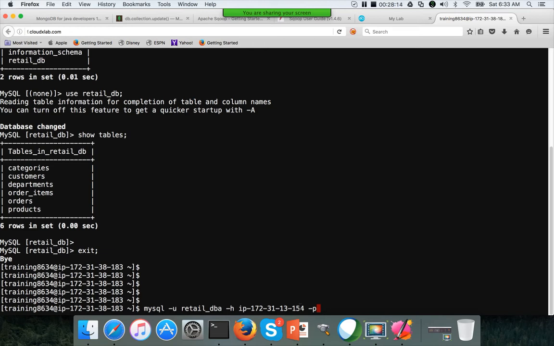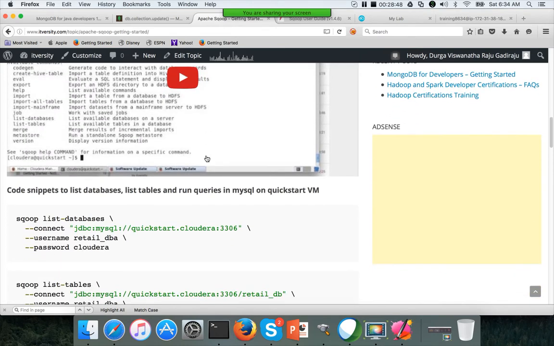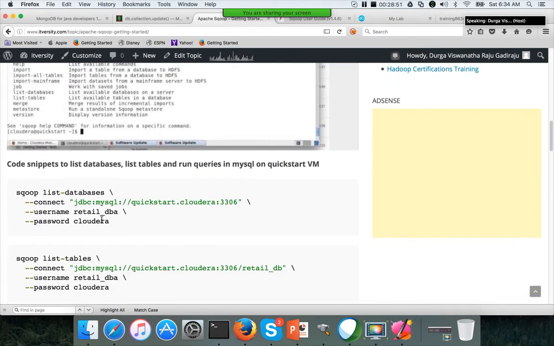So wherever you have Sqoop, you have to run hostname -f on the MySQL database node to get the fully qualified name. And first you need to make sure that you are able to connect from the gateway node of our Hadoop cluster, from where we will be running these Sqoop commands. Once we are able to validate, as we have done here, by running mysql -u, that we are able to connect to the source database, now you can use this sqoop eval command, which has list databases. So list databases just requires username, password, and the JDBC URL.